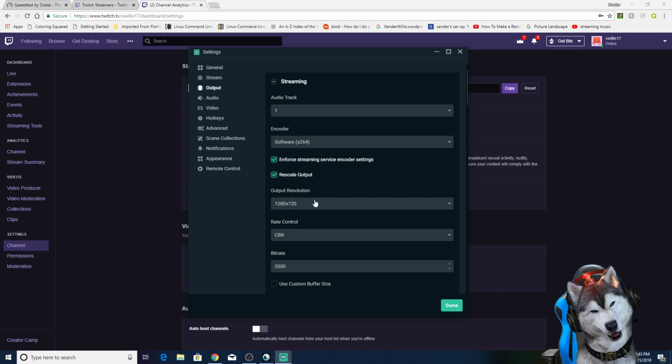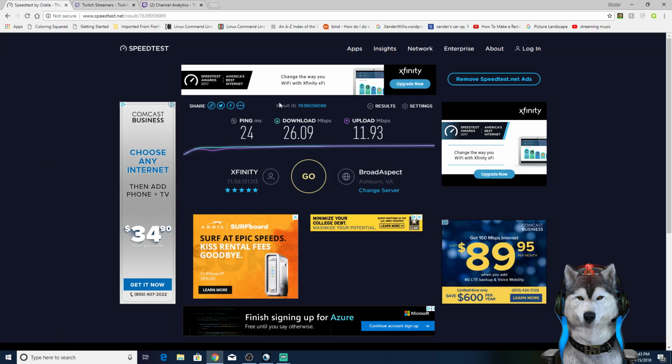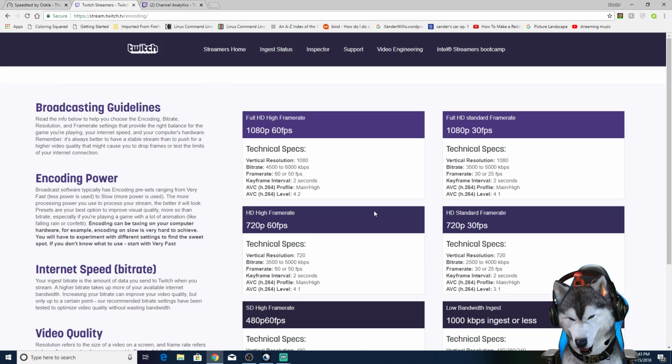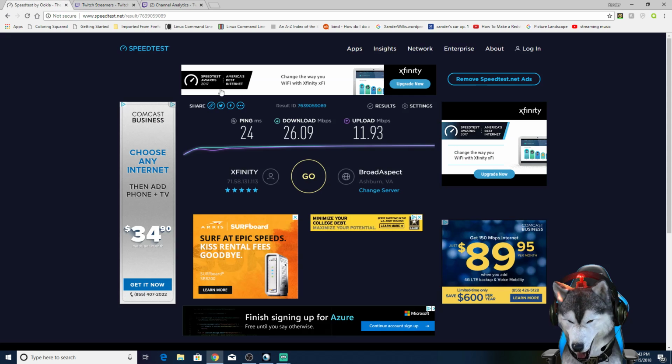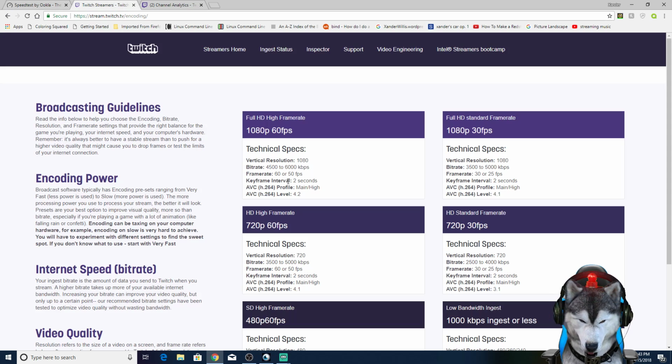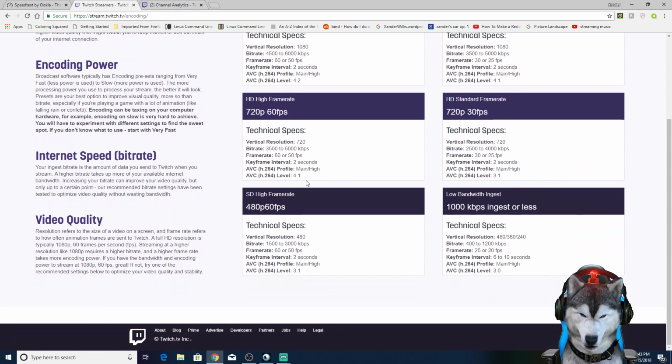So I have a 1080p monitor, so usually it would be 1920 by 1080. But my internet speed, okay, is this. My upload speed, that's all that matters. And then once you know your speed, you would go here, okay? So 1 megabyte is 1024 kilobytes, okay? So basically, if you have 1 megabyte of upload speed, then you're gonna go do this one, okay? Which is like nothing, I think. Anyways,